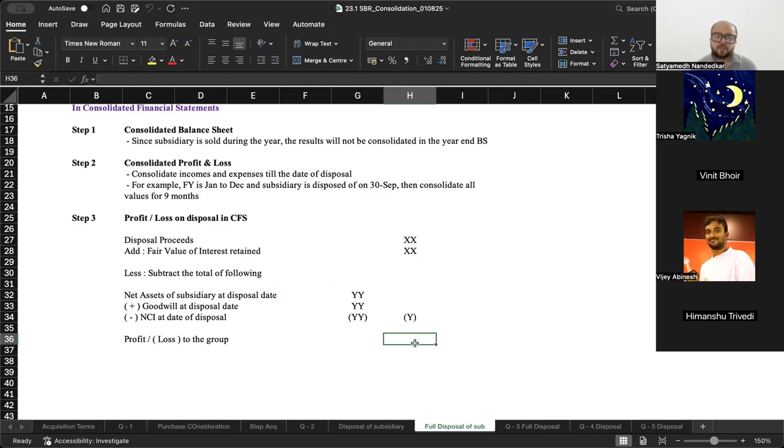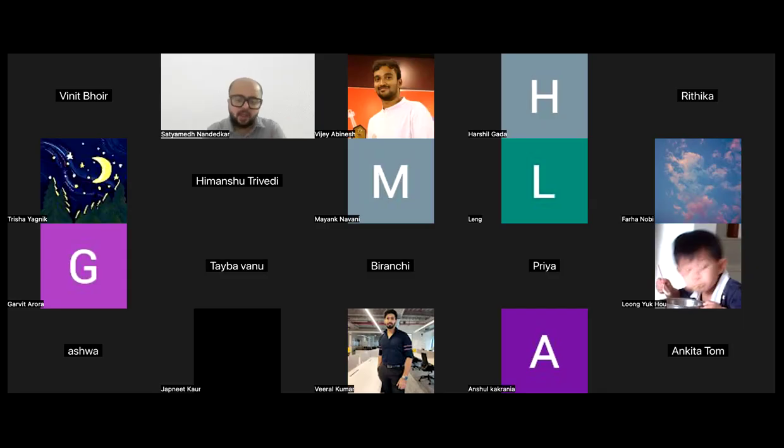Just remember that this figure and the figure in the standalone financial statements is not going to be the same. These figures will be different, but make sure that you learn the steps and follow the formula when you are calculating this in the exam. Now, this is not something which should waste a lot of your time. If something like this comes, quickly finish it off and move on to the next one.